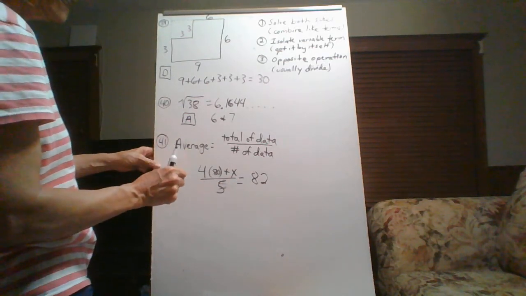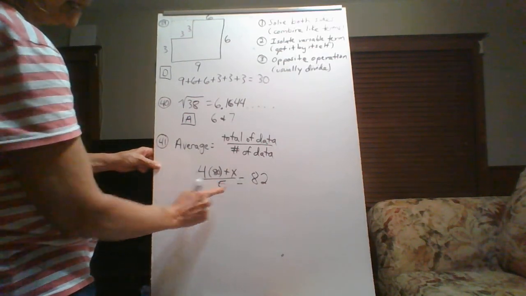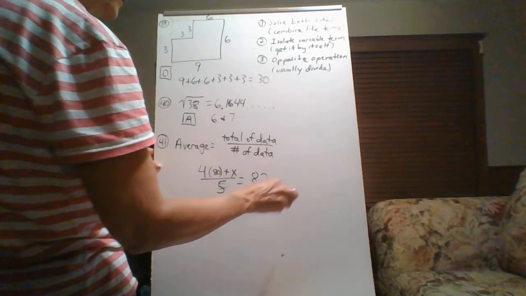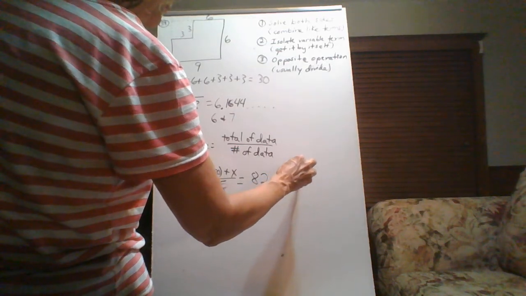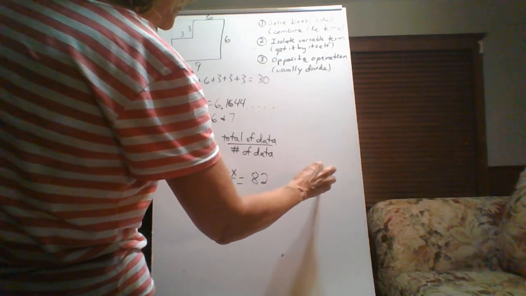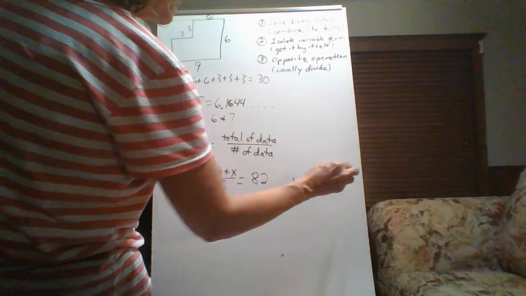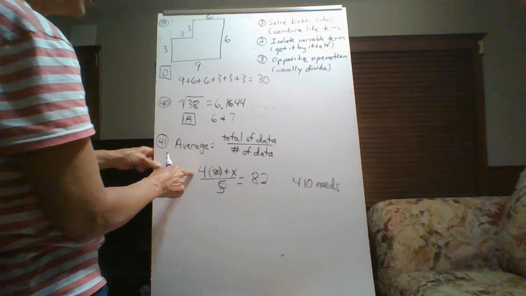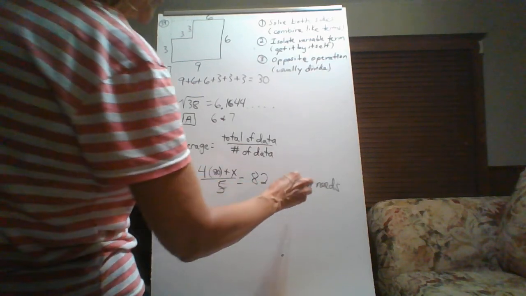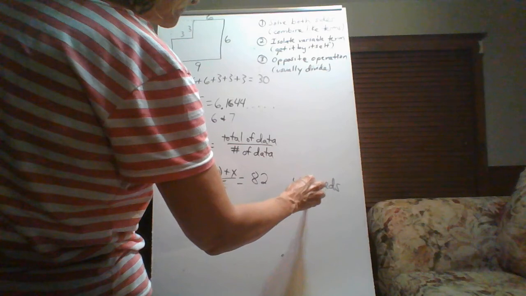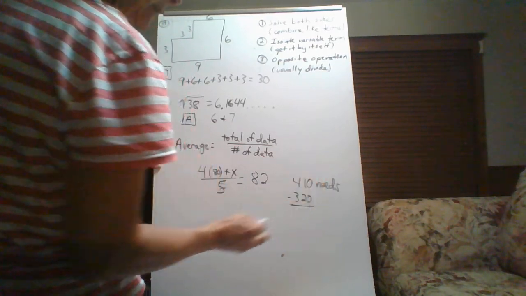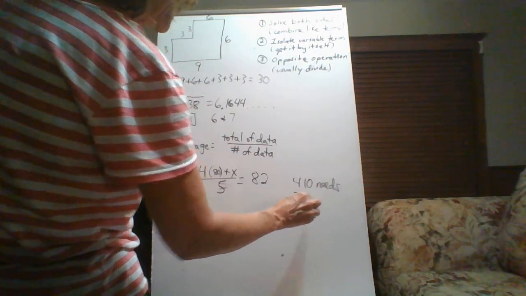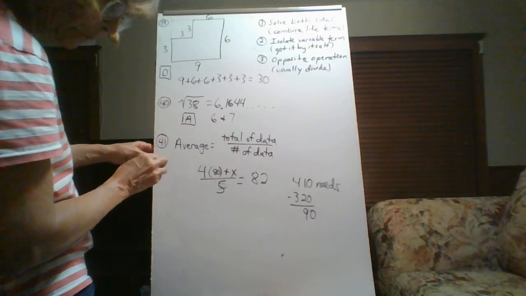Okay? Here's the easiest thing to do. If he wants an 82 out of 5 scores, use your calculator. What is 5 times 82? Okay, I see it. It's 410. So he needs 410 points, because 410 divided by 5 would give him his 82. Well, how many's he got? Use your calculator. What's 4 times 80? He has 320. So how many points is he short? 410 minus 320, 90. He's going to need to get 90 points, which is answer